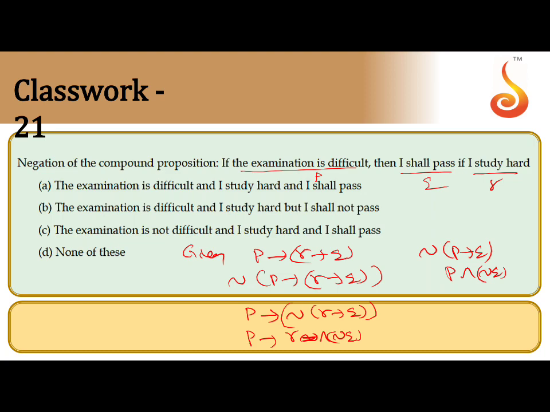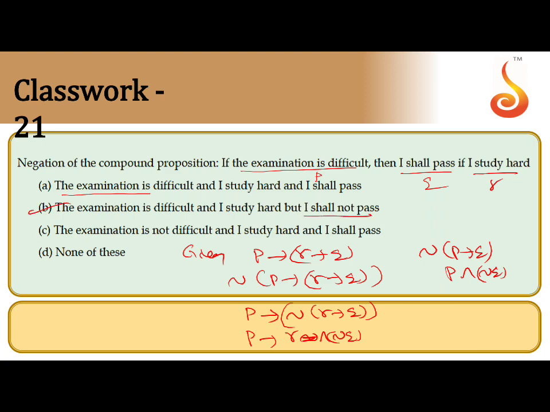So now here P remains same. Apply negation for the second term. Again implication is there, that is R and negation of Q. So now P remains same. If the examination is difficult, so first is difficult, any two, first and two options. Second one, not difficult, you can't take that one, and R also same. That means if the examination is difficult and I study hard and I shall pass, all are positive only. But here negation is there, not pass means not pass here.